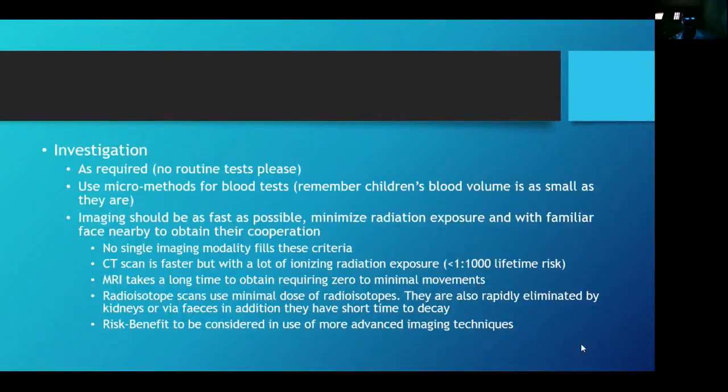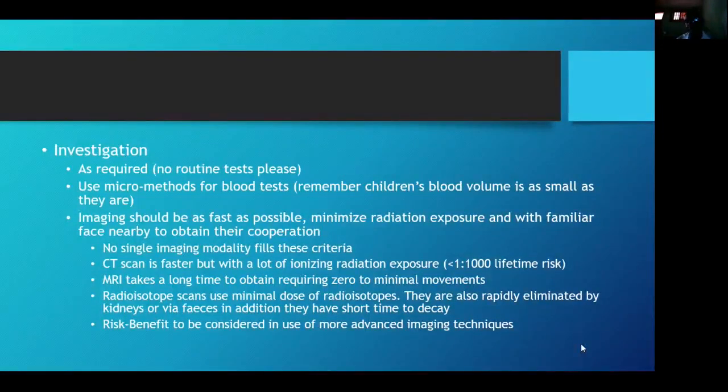For instance, you have a child, you want to do a full blood count or complete blood count, electrolytes, urea, and creatinine. The vacutainer bottle that collects specimen for adults generally will require about 5 mils of blood to be adequate, or at the very least 3 mils. Otherwise, the sample will be too little for the anticoagulant that has been prepared in the respective bottles.